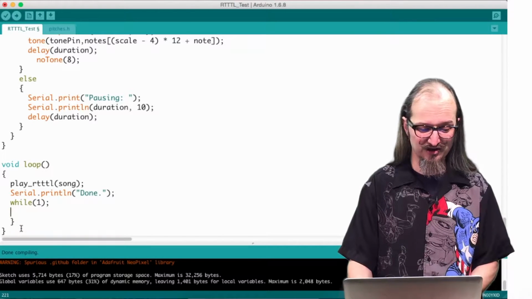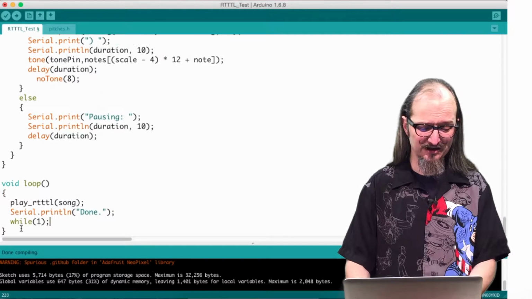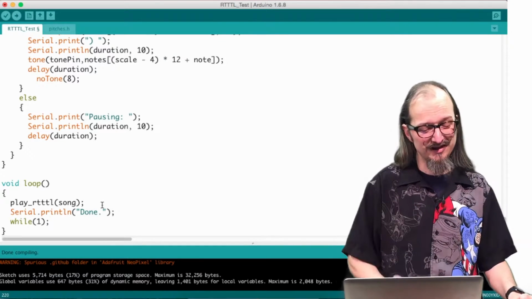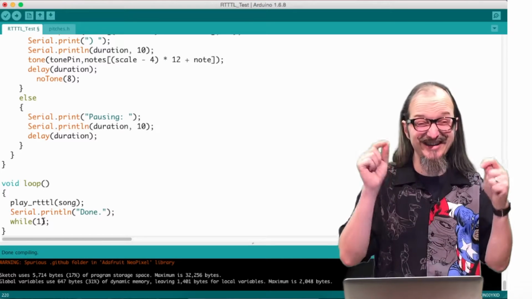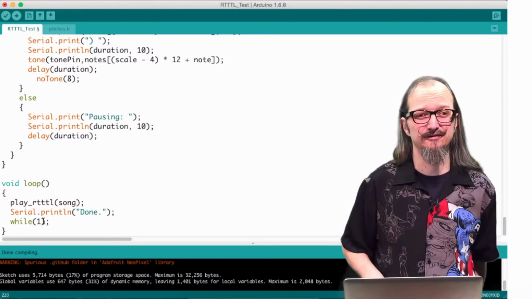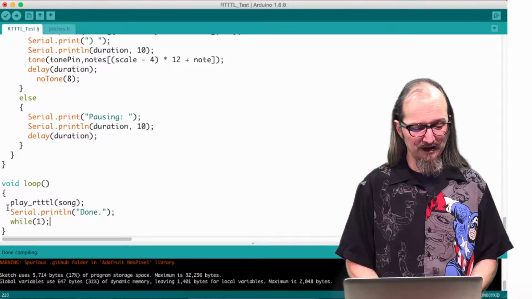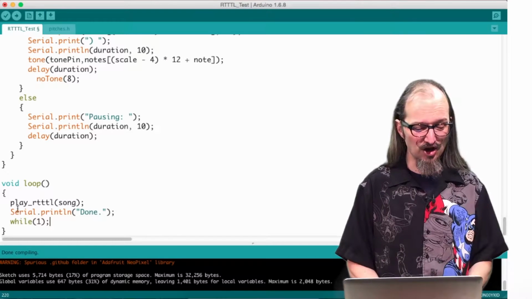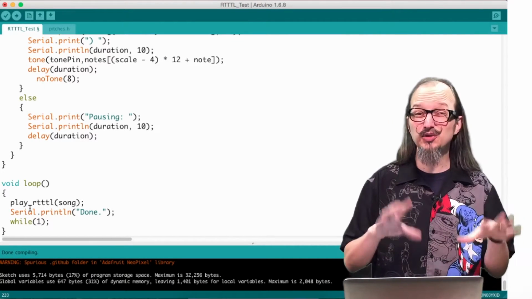0 and false are synonymous. So all I have to do is, if I do this, while 1 semicolon, I'm good to go. What it means is I'll get to here and I will stay stuck inside the while. I'll never leave. All right, that's all this is doing. So here's the thing. There's not a lot of code needed to actually play the song inside our loop. This is all we really need. So far, so good.